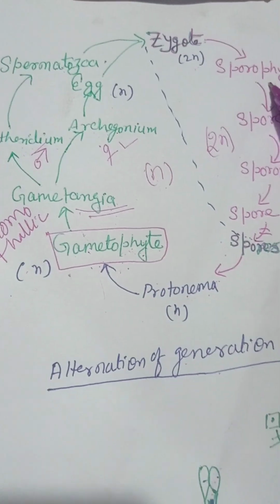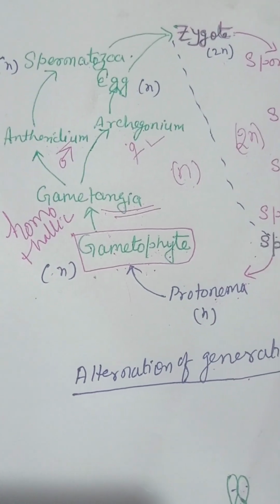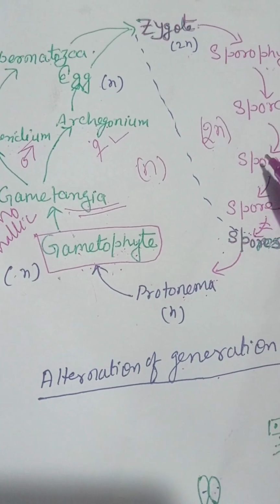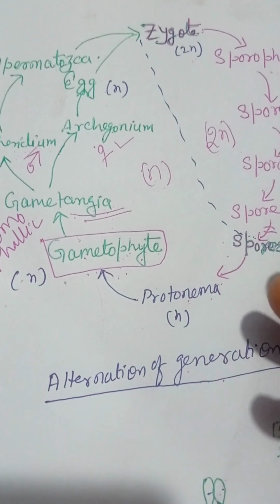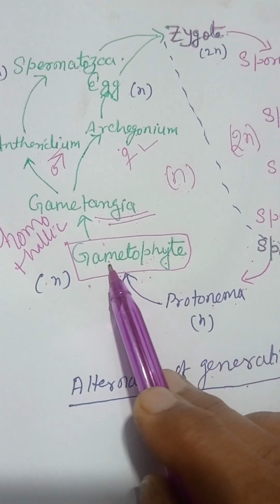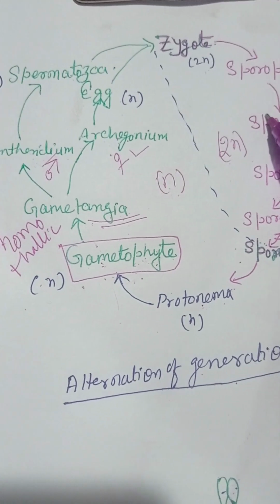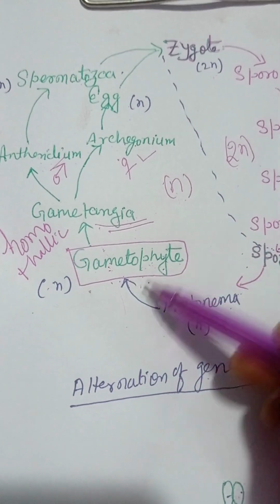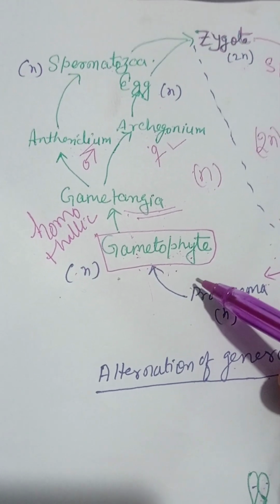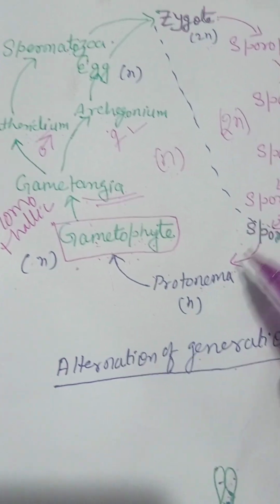phase. It is not only in the bryophytes, but you will see in the pteridophytes and the gymnosperms or the angiosperms also, the two stages will be there, though they are represented. Their structure may vary: one stage may be more evolved, another less evolved, and sometimes they are equally evolved. So in bryophytes, one of these phases is more dominating over the other, and here you will